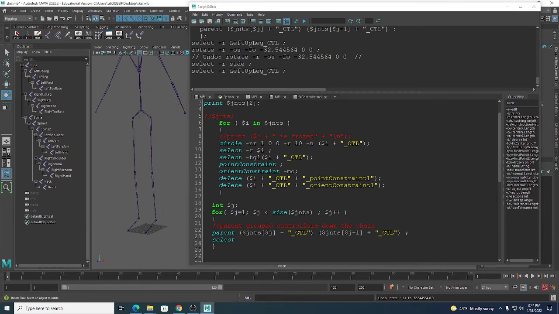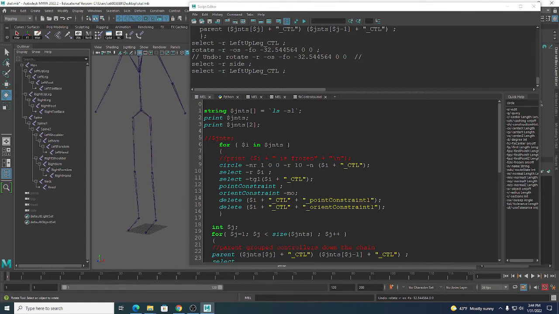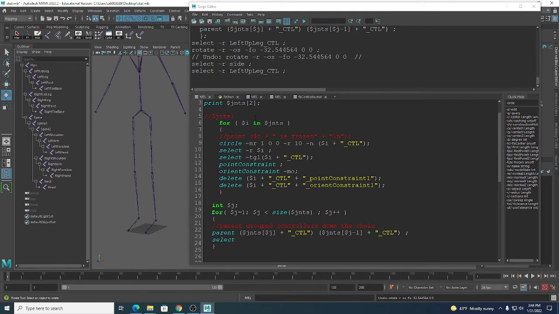So select the joints, which is this one. First for loop. The first for loop, yeah, outside. Orient constraint. Well, I'm in the new for loop. He's just saying if you wanted to adjust the rotation of the circles. Yeah. Oh, I'm not going to worry about that right now. Well, yeah, well, I'm gonna